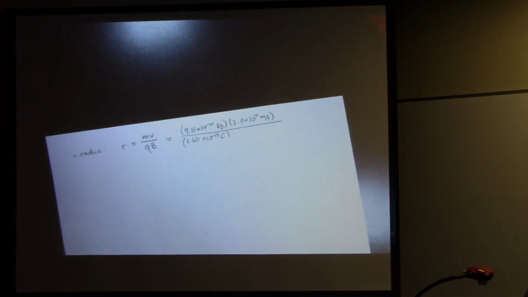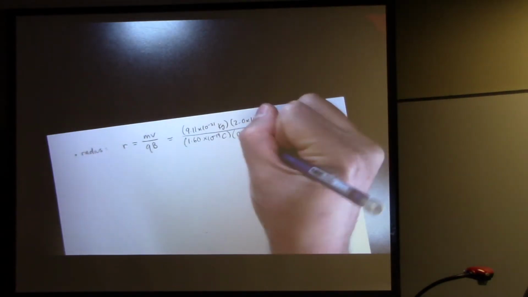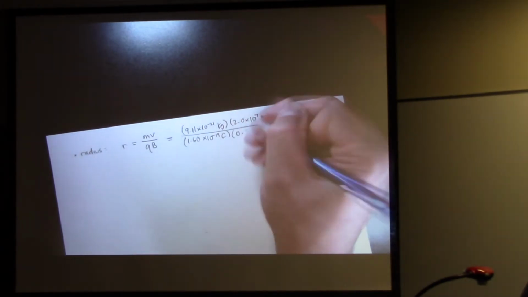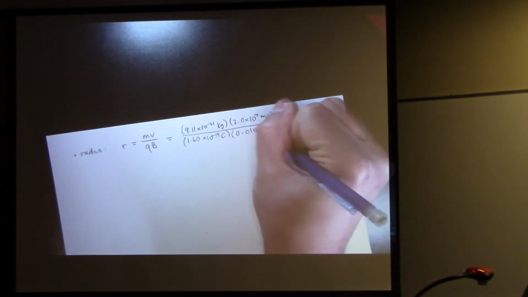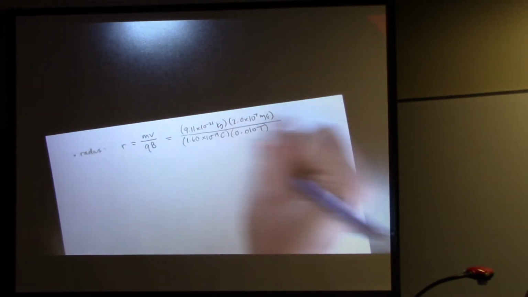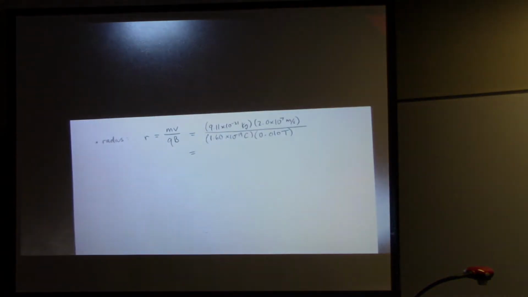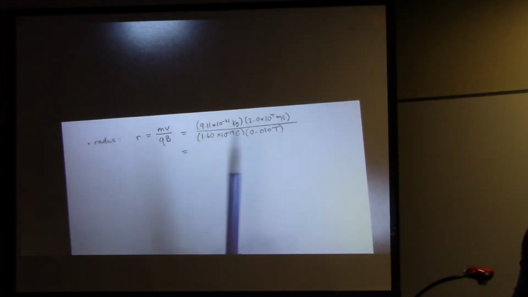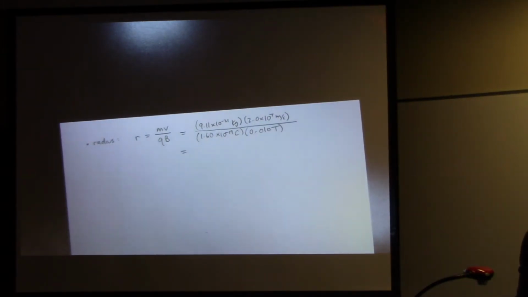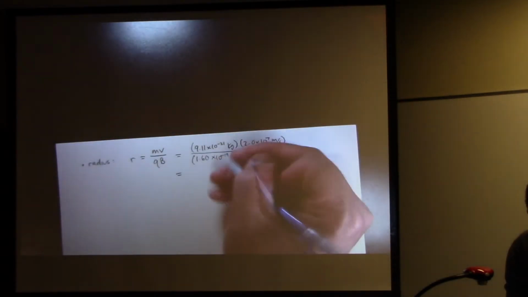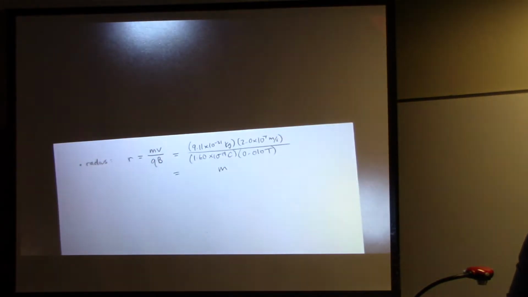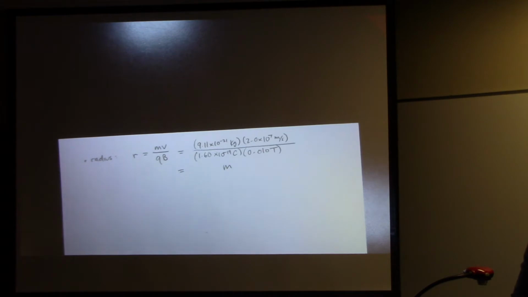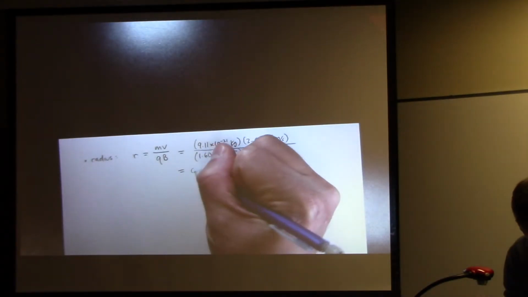And then finally, B, which is the magnetic field strength, 0.010 Tesla. Again, I don't want to go too deep into the unit analysis right now, but every single thing that I plugged in here is in SI units. So what should come out is SI units of meters for radius. And what we actually get is